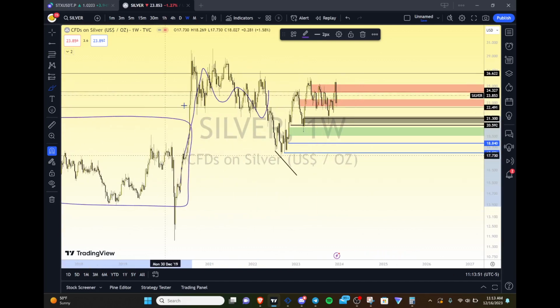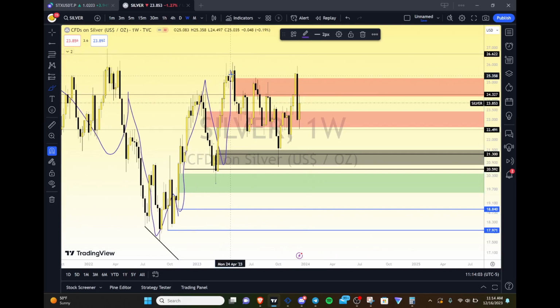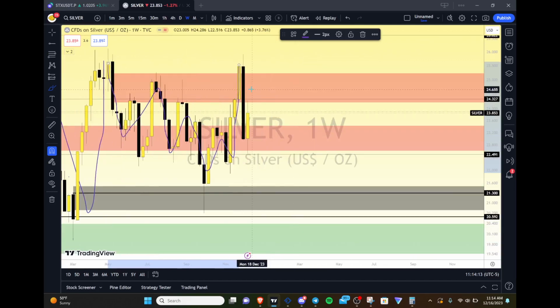Now, this move down here, you would look for continuation, but now we've had the pop up here, and notice what the weekly's doing here. We have a move up from here to here, and we're starting to grind lower. Now, with gold's failure to have a decisive action above its all-time high and had that failure candle, you're seeing that reflected right here on the weekly. See this big down candle? That's gold's rejection we just went over.